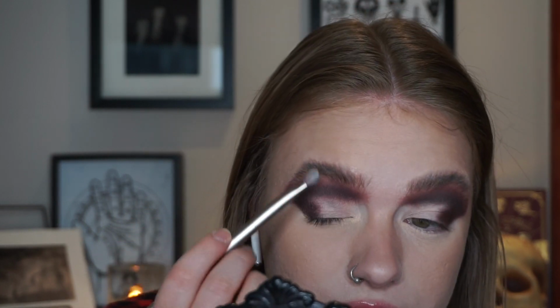For my lid, I think I've got to go in with this multi-chrome shade. I really want to use it. I know that the astral shades are calling my name. That's the shade Blitz Extreme, but you know, I just gotta. Oh my god, I'm sorry if I haven't been in the center of the frame. First, I'm going to use my NYX glitter primer. I use this with pretty much every shimmer now. I'm just going to put this all over my lid, and now picking up Blitz Extreme